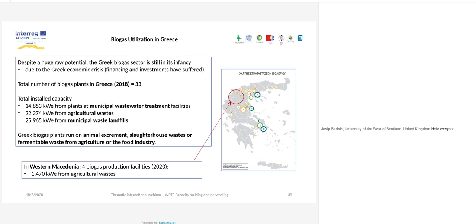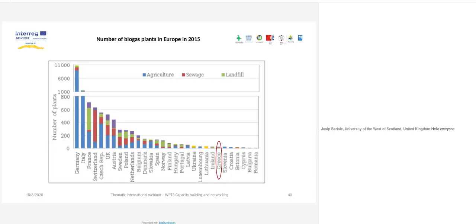industry. And as said, Western Macedonia is the regional authority, the geographical region, which is participating in the Bioeconomy. You see here in the circle, we have 4 biogas production facilities as of 2020, and around 1,500 kilowatts from agricultural wastes. Next slide